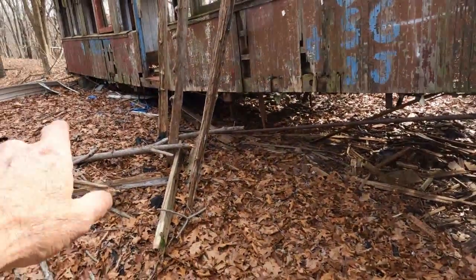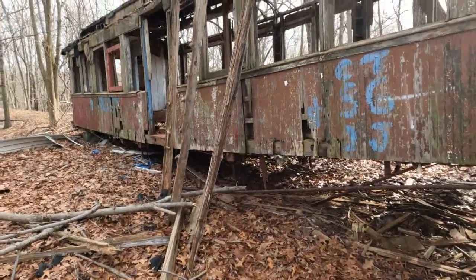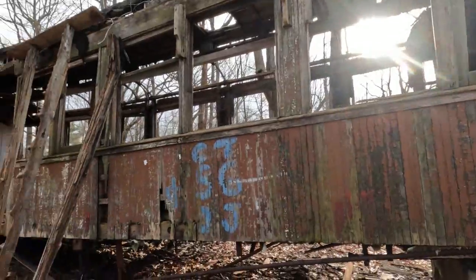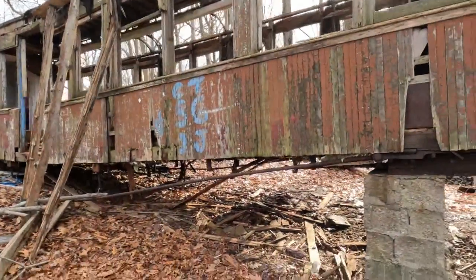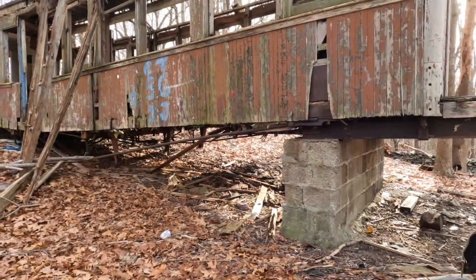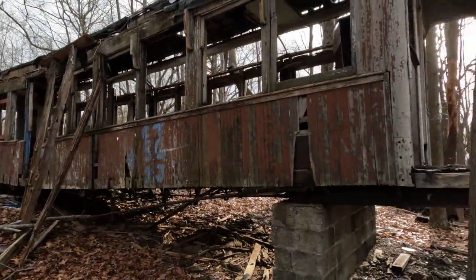One there, one on the other end. Unfortunately, a couple more snowstorms and this old girl will be down on the ground in the middle. It's almost there. What do you think, Terry? You think she sagged a little bit from the last time we were here last year? It does look like it. Anyway,